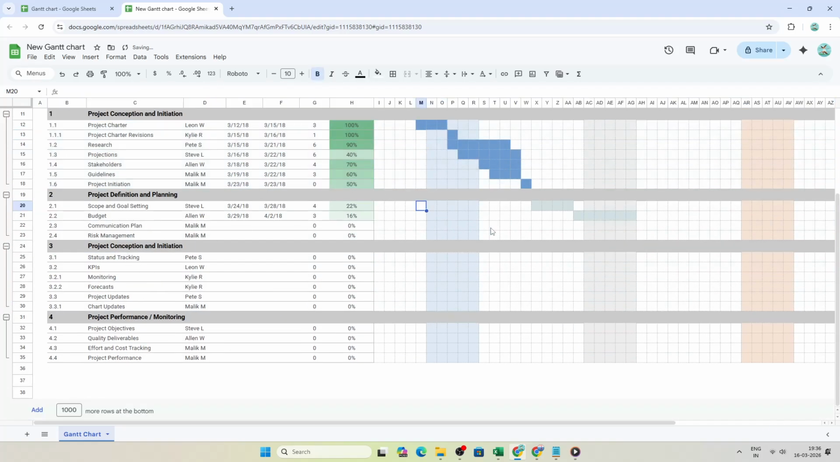Keep your dates realistic. Check for overlaps and make sure dependencies are reflected by how tasks line up on the